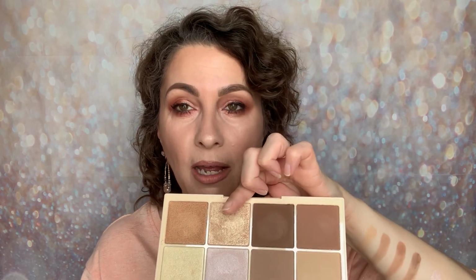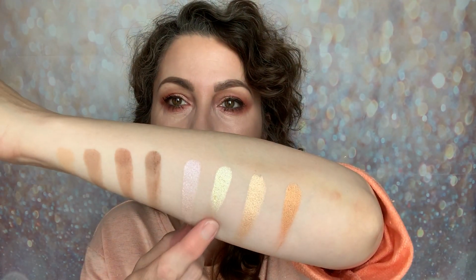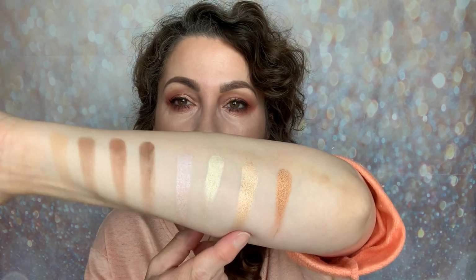I also really like that there's a bronzed one. In fact, I would say I can wear all of these, because obviously I can wear the pink, I can wear this one, I'm wearing it. I can also wear this one. So let me show you those shades on my arm. So that's the one I'm wearing, and that's the